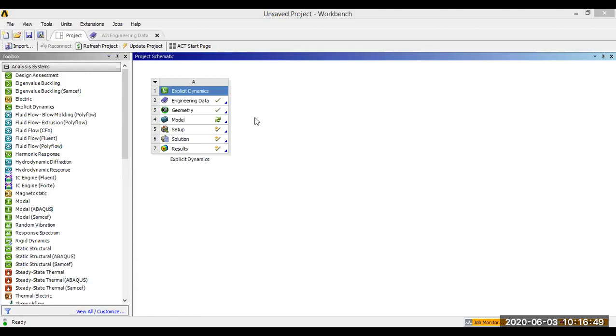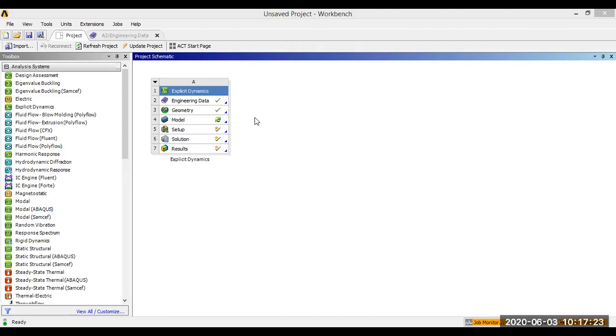Almost 90% of companies mainly use two different translators. The one best suited for surfaces: suppose you want to export only a surface, for that point of view you select the .igs format. Suppose you want only a solid body, purely a solid body, then you are going to use .parasolid. These two translators are mostly used in India.